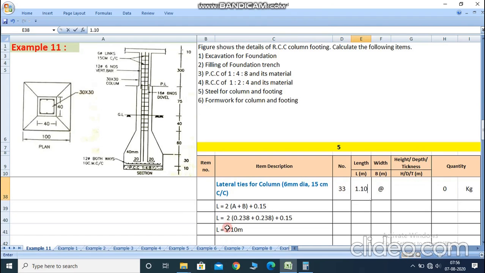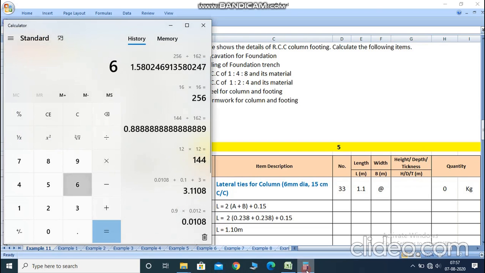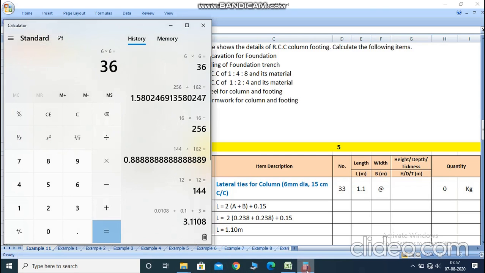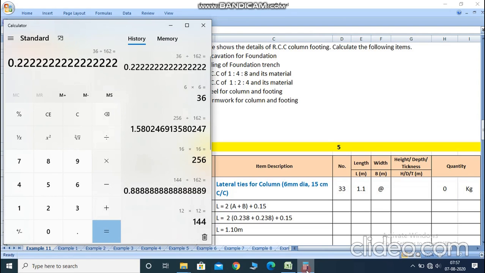So write here 1.10, and per meter length weight of the stirrup is d square divided by 162. So your diameter of the stirrup is 6 mm, so 6 square is 36 divided by 162. So 0.22